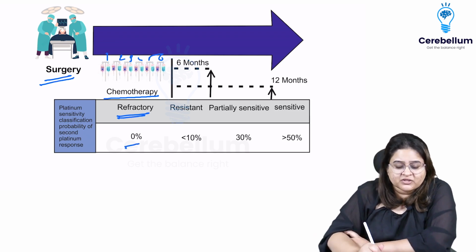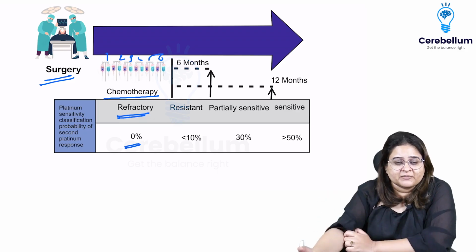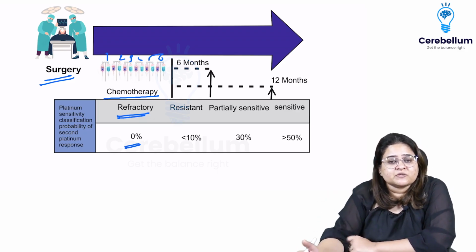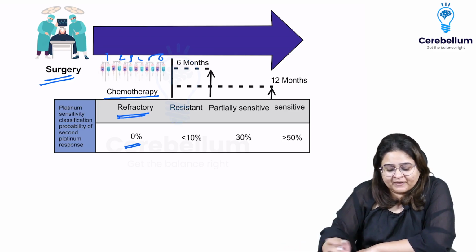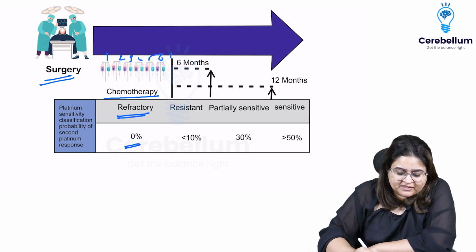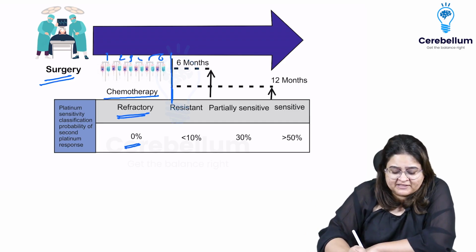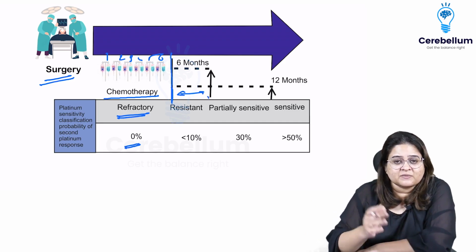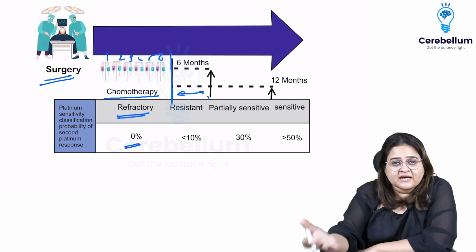That means she's refractory. She has not responded to chemotherapy at all. So you're going to change her chemotherapy regime. There's a 0% chance she will respond to the same chemotherapy. Okay. Now, if you have finished your 6 cycles of chemotherapy and within 6 months of finishing the chemotherapy, she has a recurrence,